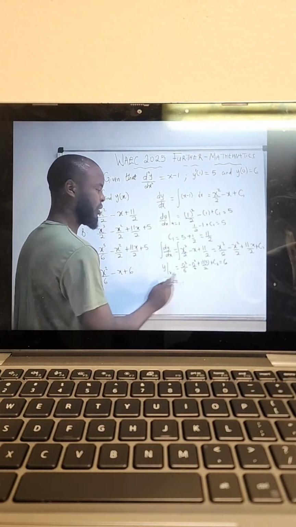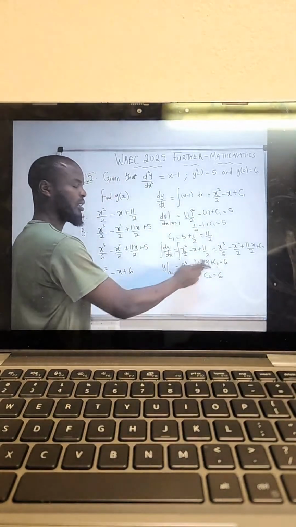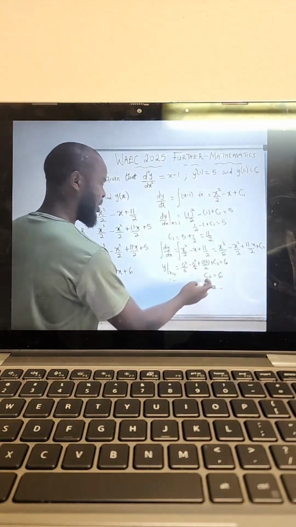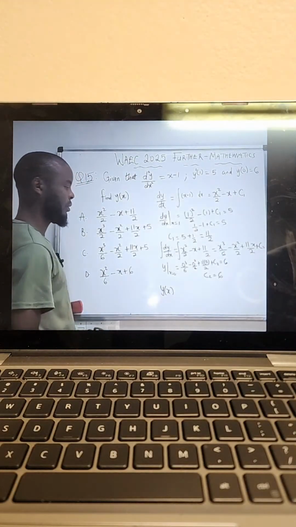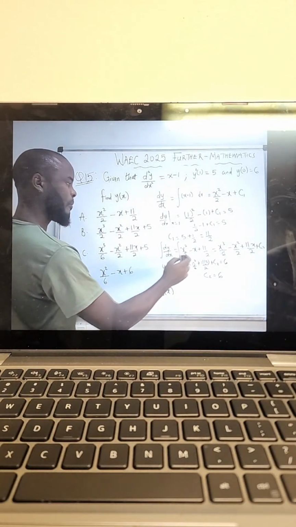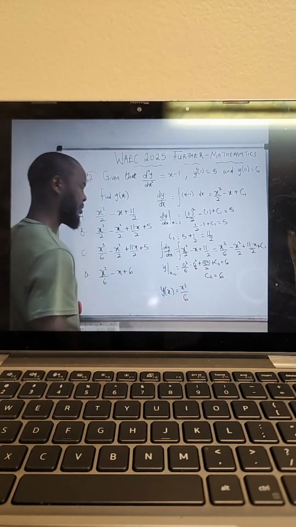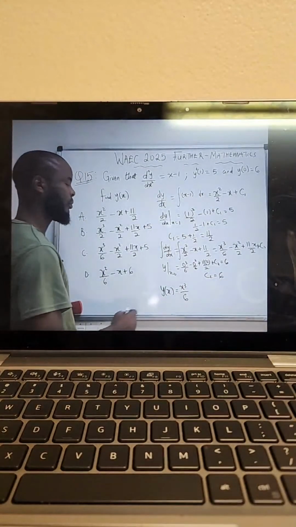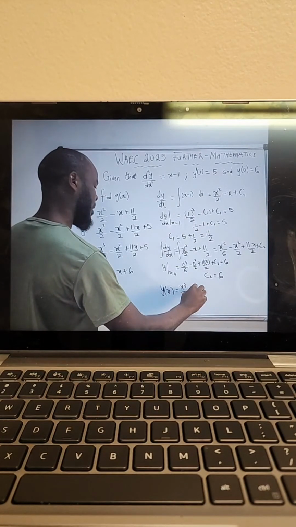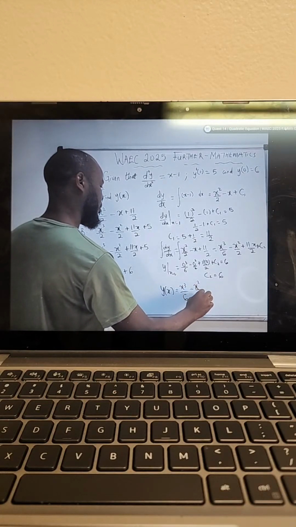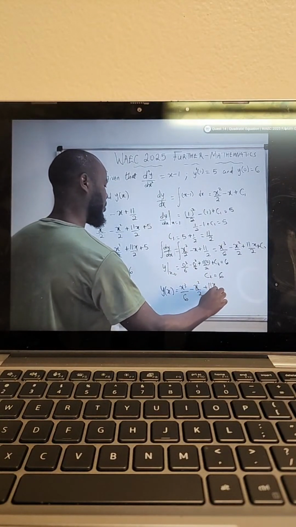Here, this means your C2 is going to be what? 6. Because all these terms are going to be 0. Now, we've gotten C2 to be 0. So that means your y of x to be equals to x cubed over 6 minus x squared over 2 plus 11x over 2